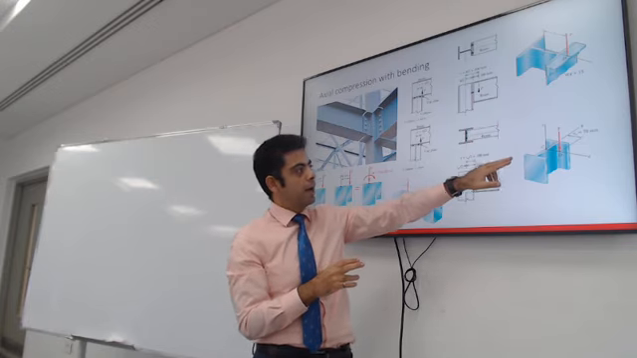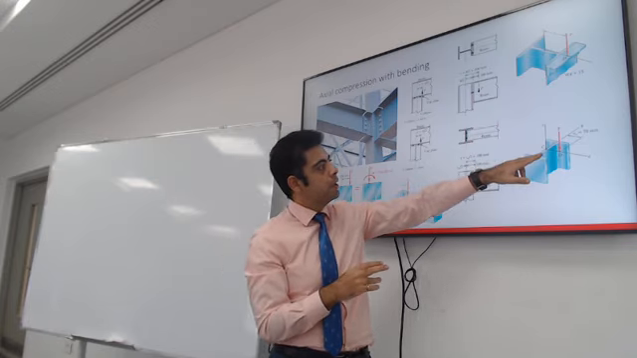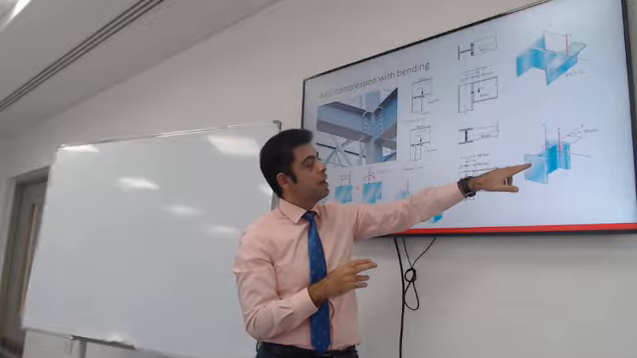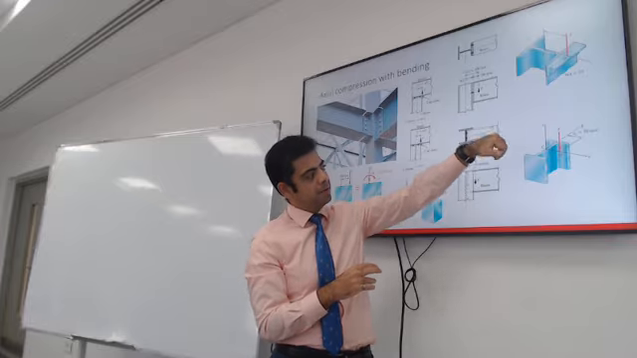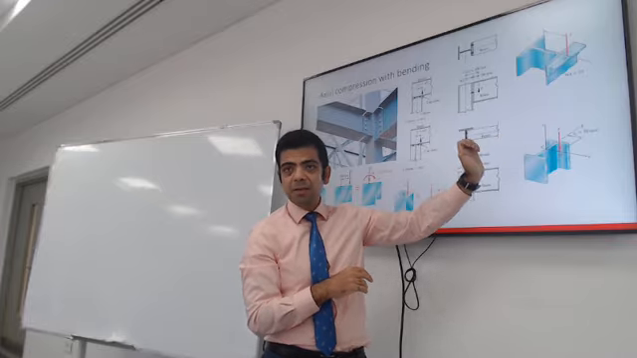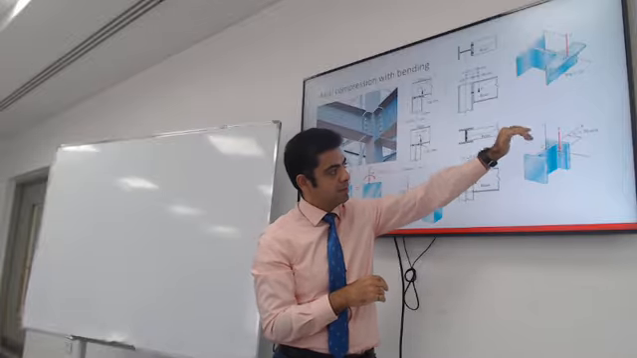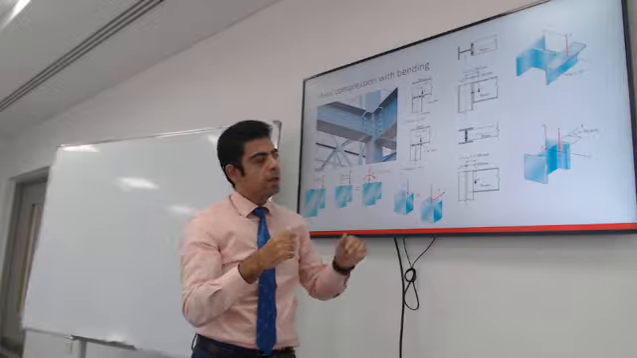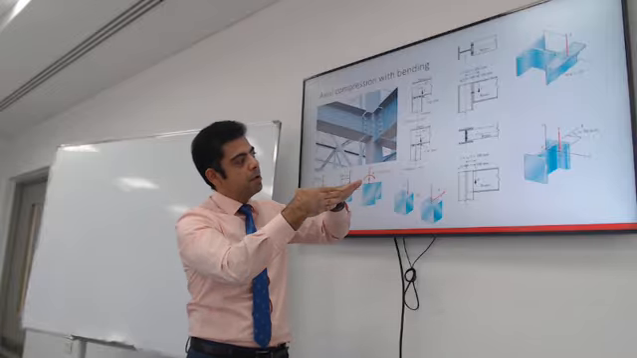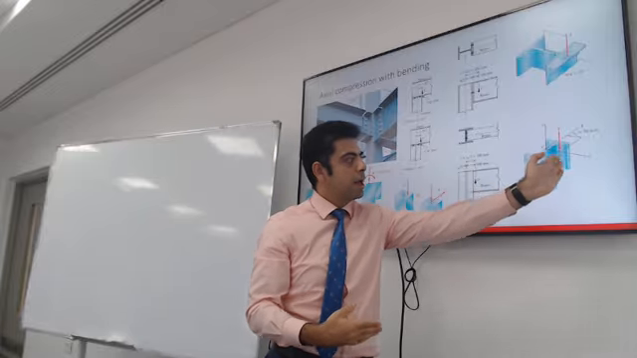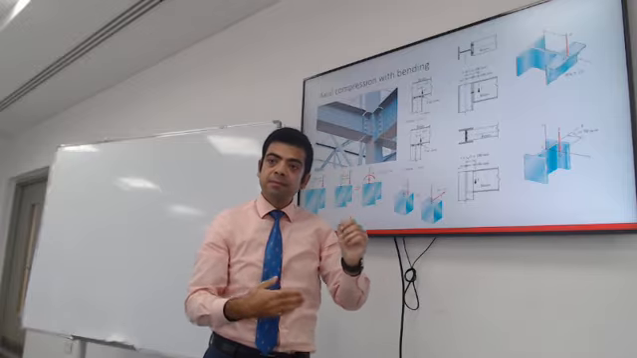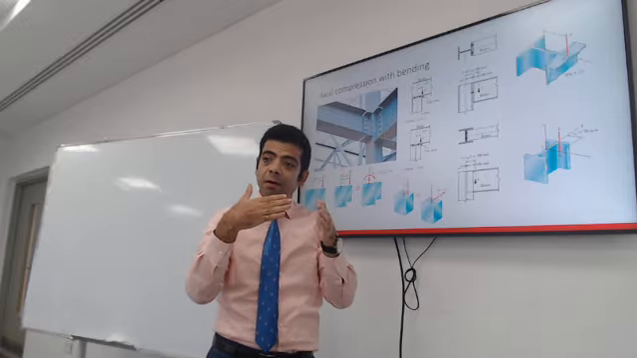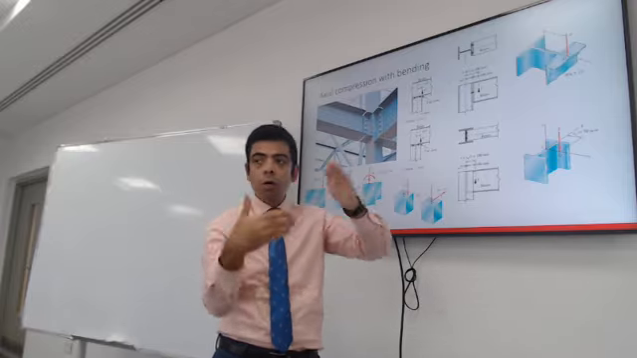So let's take a look at this cross section here. The strong axis is about x. The bigger moment of inertia is about x. The smaller moment of inertia is about y. So if you have a beam framing in along the x-axis, the beam with the eccentricity will create moments